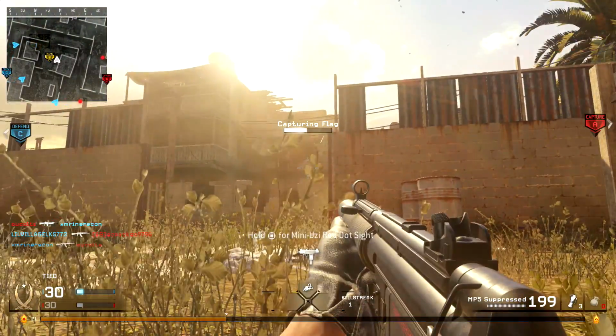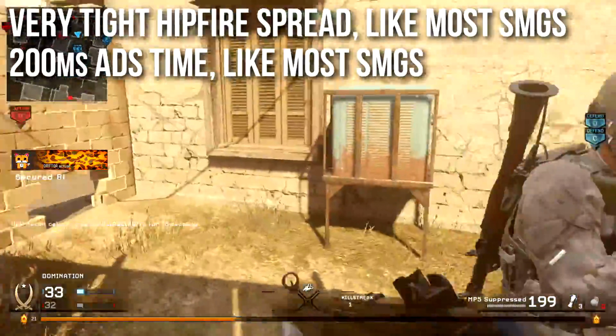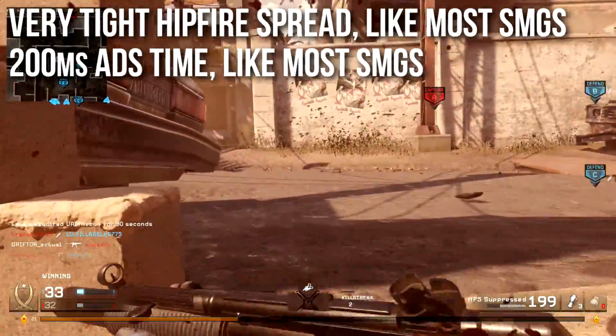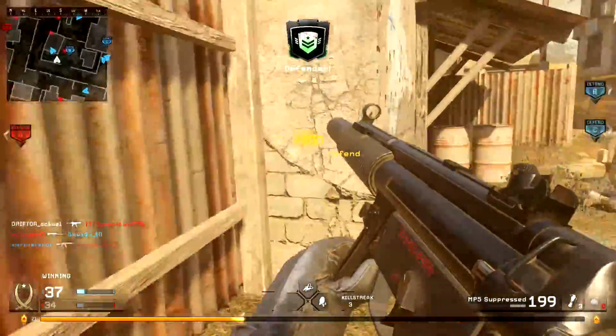The hipfire spread is very tight on the MP5. Most of the SMGs in this game have very tight hipfire spread, even better when you run steady aim, and it has a 200 millisecond aim down sights time like most of the SMGs in this game. However, that's not much different than the assault rifles,